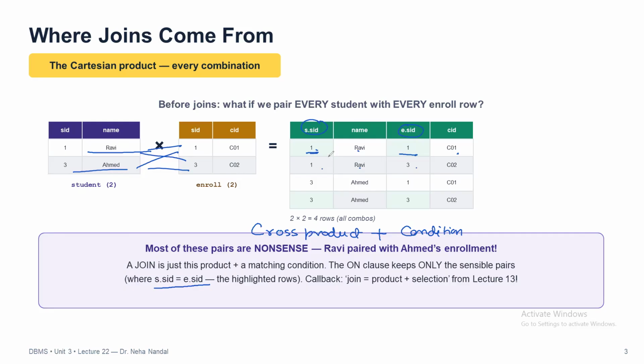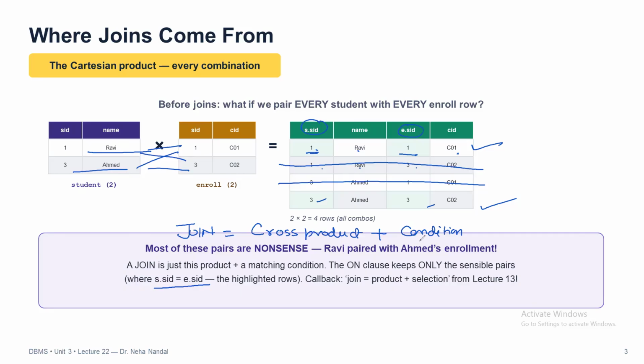Then we will have those rows where both IDs are matching. Like the first row, here it is not matching, so it will be removed. The third row will be removed. And 3, 3 is matching, so it will be kept. In this way a join works. So join is the Cartesian or cross product plus a condition on the common attribute. We will see how it works, and there are different types of joins that we will see.